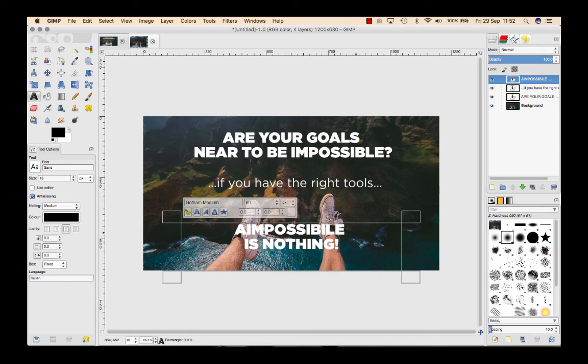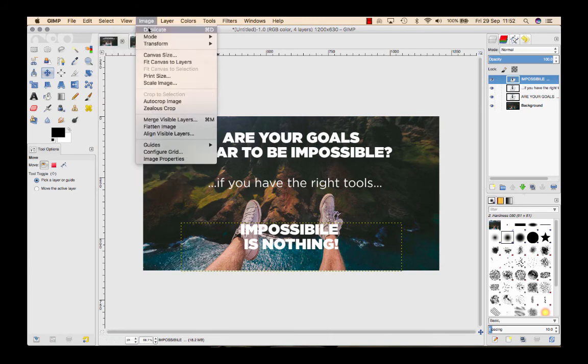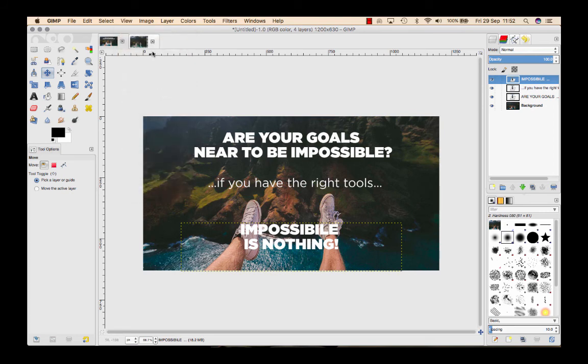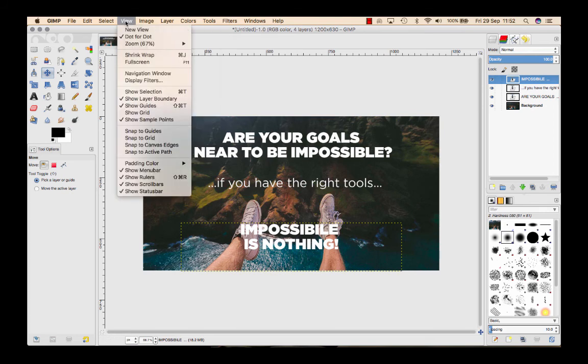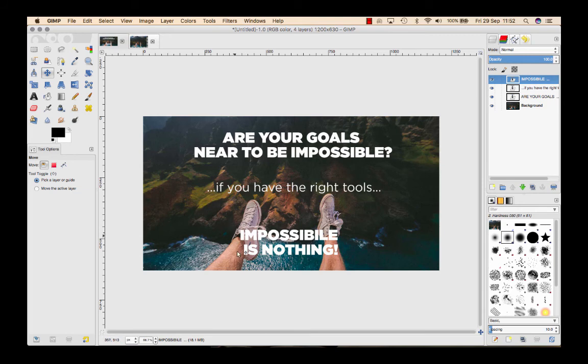I took it from a famous claim. So here we are. As you can see, we can put off the grid and the layer boundaries, so we can see the image, everything together. What I want to show you is that this